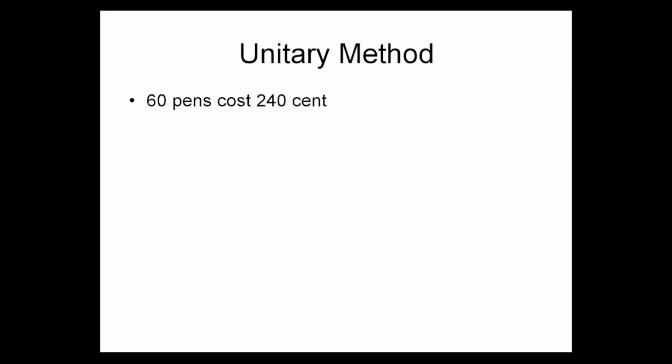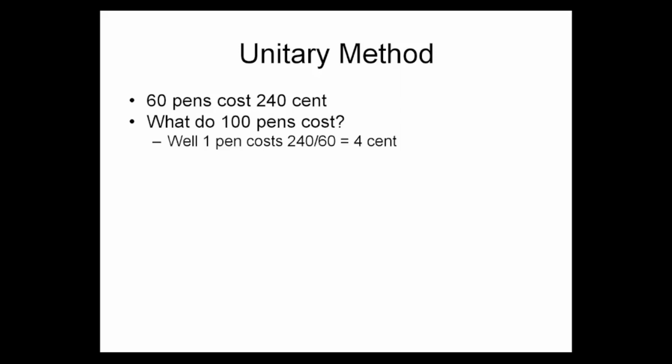First of all, what is the unitary method? The unitary method is something that you would use in direct proportion. If I told you that 60 pence cost 240 cents, and I asked you to find out what 100 pence cost, what you would do is first find out what 1 pence costs. Well, we know 60 pence cost 240, so 1 pence costs 240 divided by 60, which is 4 cents per pence. And then I can easily find out what 100 pence cost by multiplying that 4 cents by 100